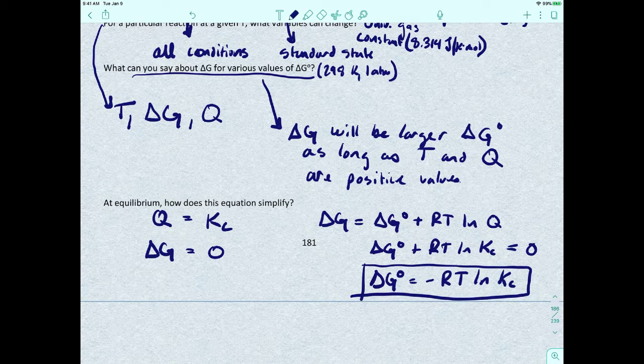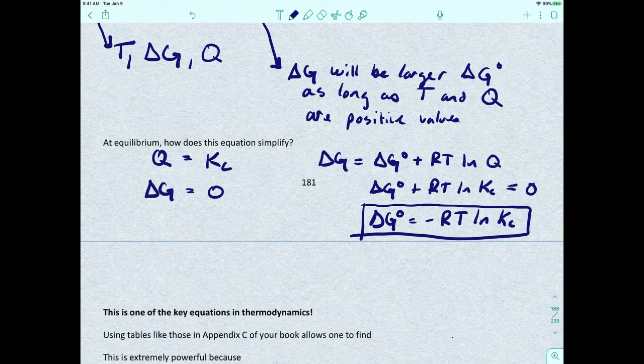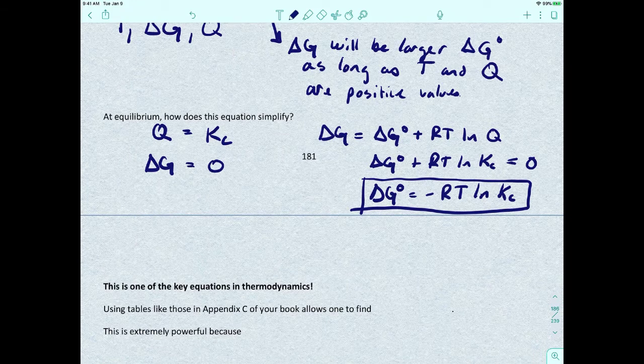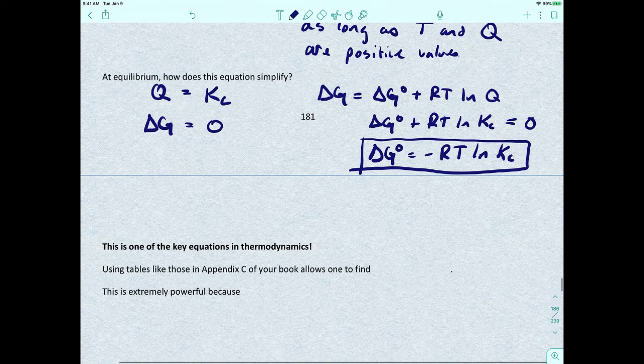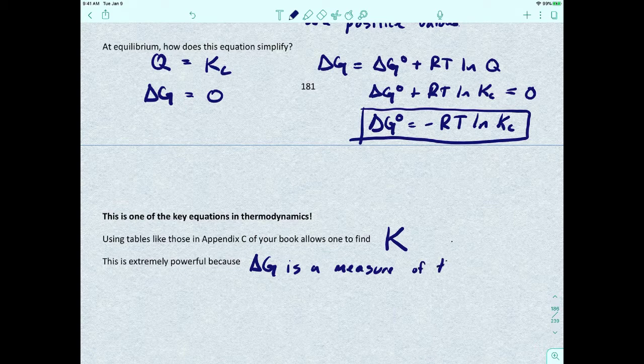This is actually one of the key equations in thermodynamics. So using those thermodynamic tables that we looked at in the last video and solved for delta G, and in the previous videos we solved for delta S and delta H, we can actually find the equilibrium constant for a reaction. This is extremely powerful because delta G is a measure of the thermodynamic stability